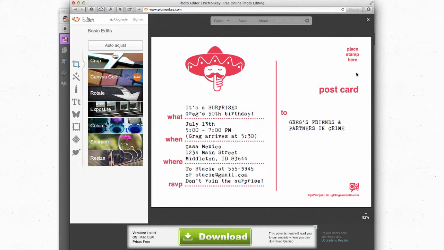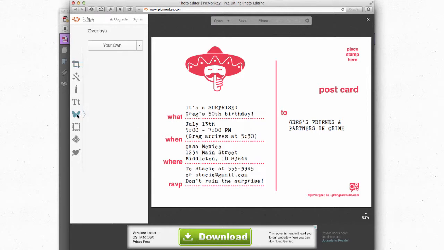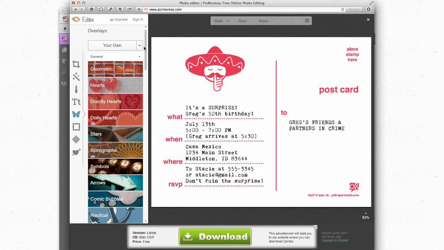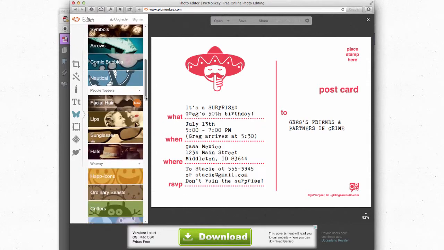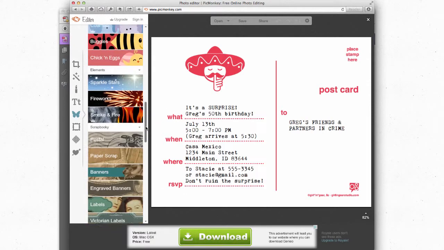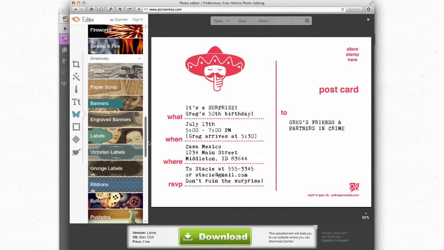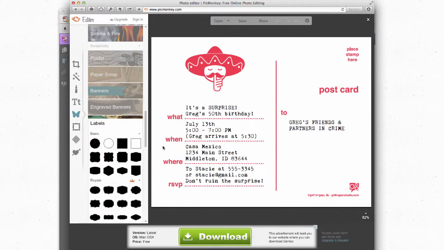So instead of having place stamp here, we're going to make a fun little stamp. So over here you have all these fun edits that you can make to your picture. So we'll choose the little butterfly icon. It's the overlays. We're going to go down to labels. There's a label section, kind of about a little more than halfway down. And there's a stamp shape here. Click that,